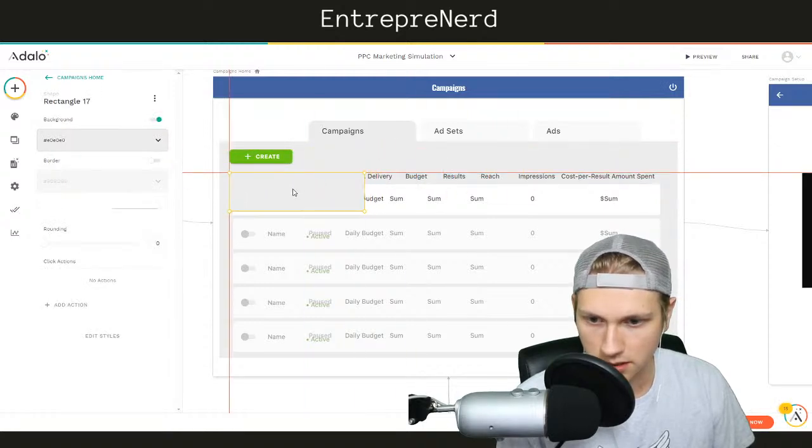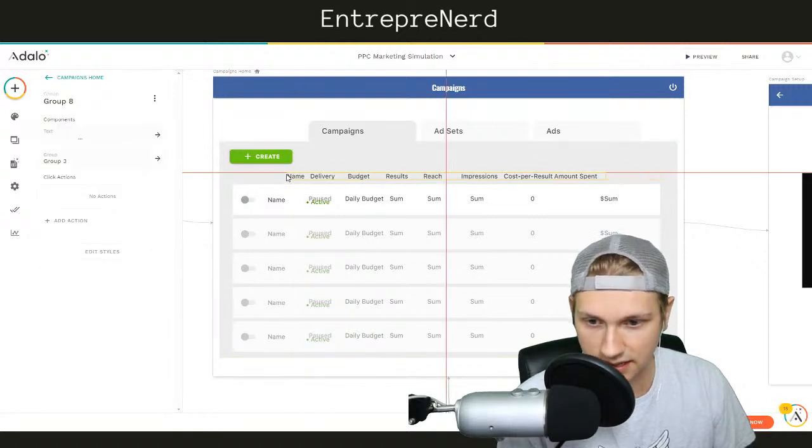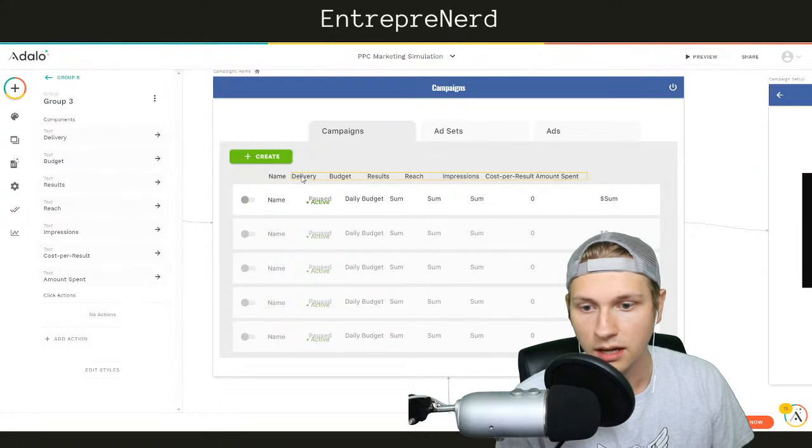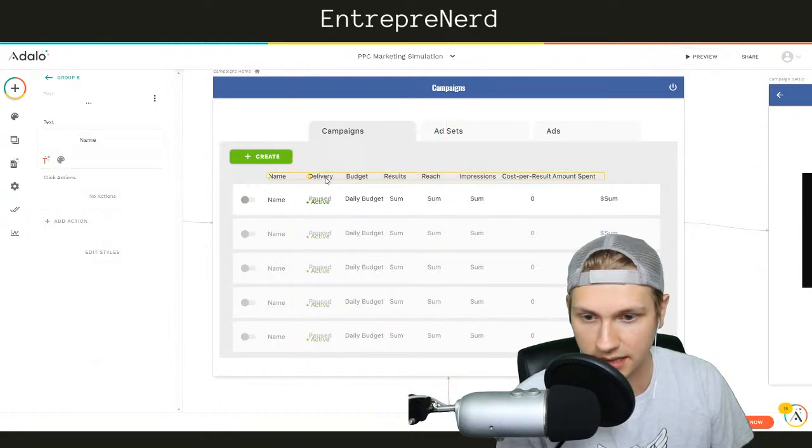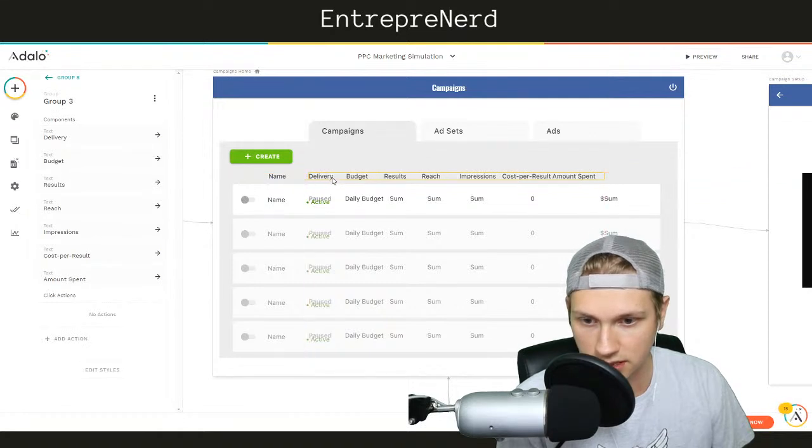Yes. I'm going to tie it to the left. I'm going to space it out until we get to name. It is tied to the left, right? Yes, tied to the left. And then I tie it there. And then name. I want that to be there, so I'm going to tie it to that. So delivery is tied to that.